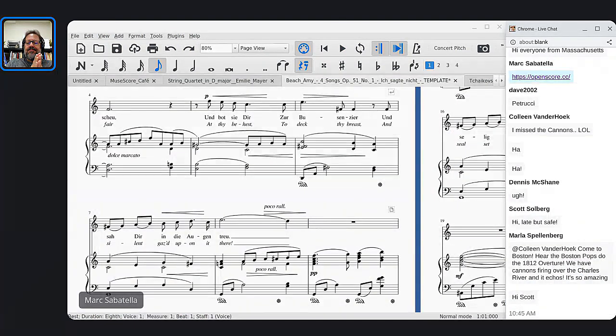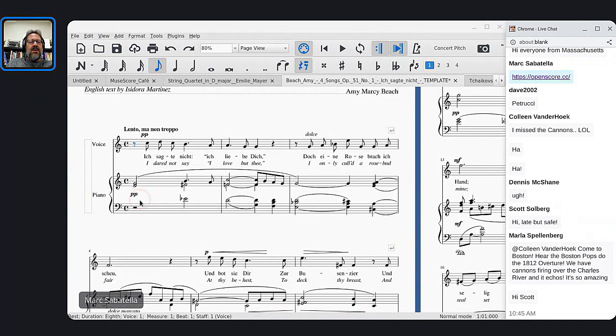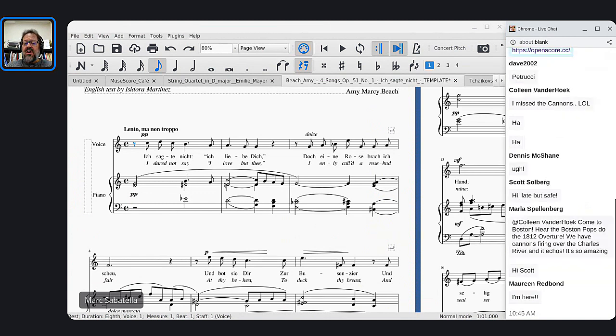So the OpenScore Lieder corpus, it was called corpus, meaning a set of music. The project is essentially done as far as it's not necessarily actively being worked on because now there is a new project where